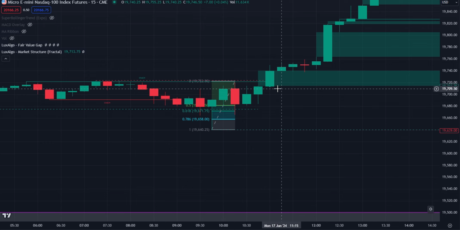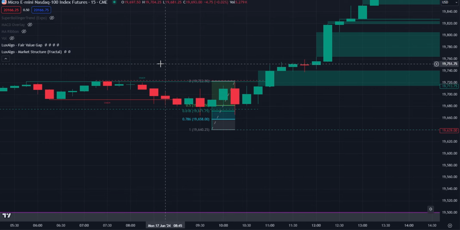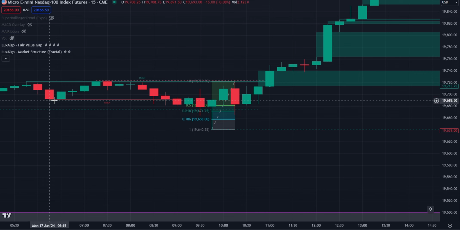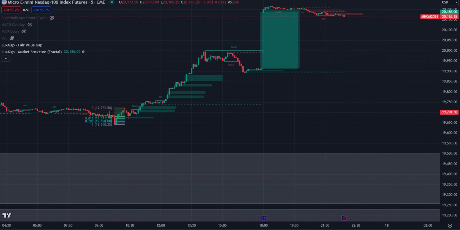And to give you guys a feel for what's a fair value gap, you may have heard me mentioning it a couple seconds ago about inverting the fair value gap. That's one way it works, but